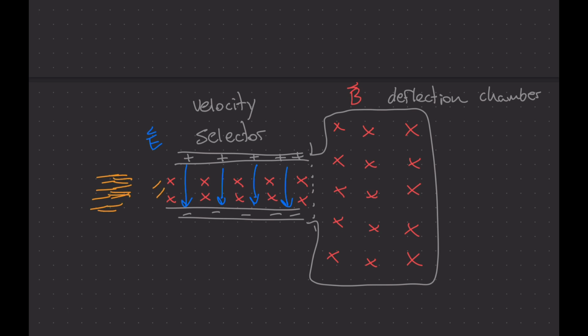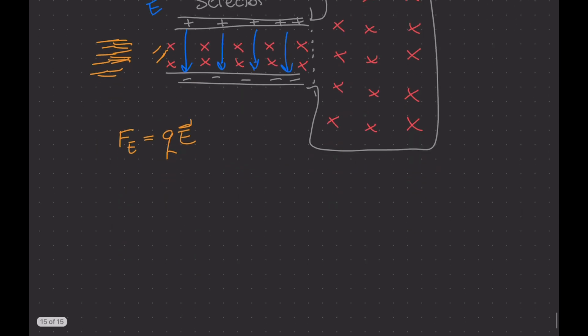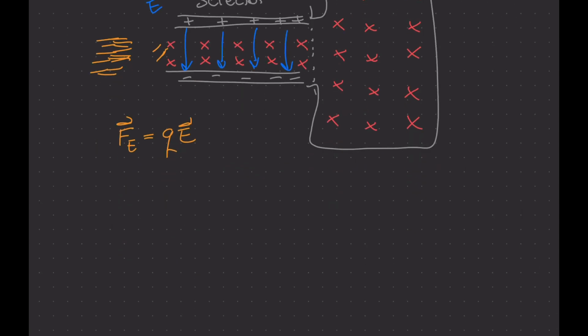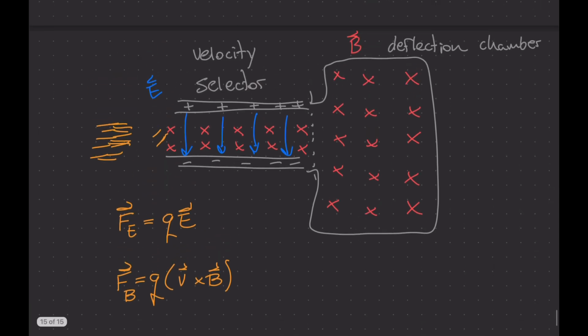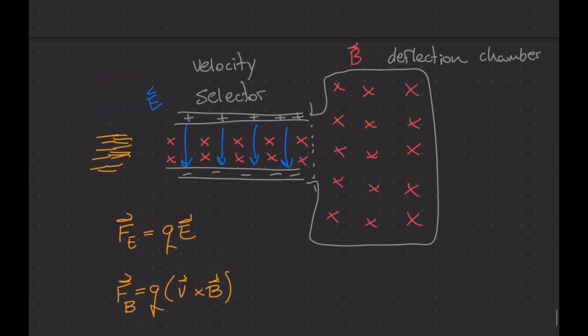So one of them might come here, and it's going to feel a force due to the electric field. That force is the charge multiplied by the magnitude and direction of the electric field. It will also feel a magnetic force. Since we just learned about this, the magnetic force is proportional to Q, the charge, and proportional to this cross product. Okay, so it's going to feel these two forces. Let's say the charge is entering,